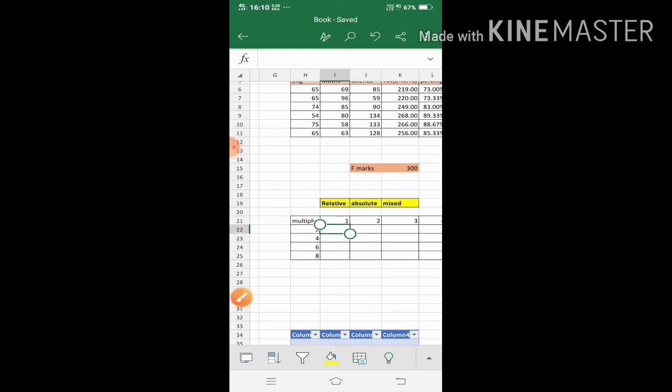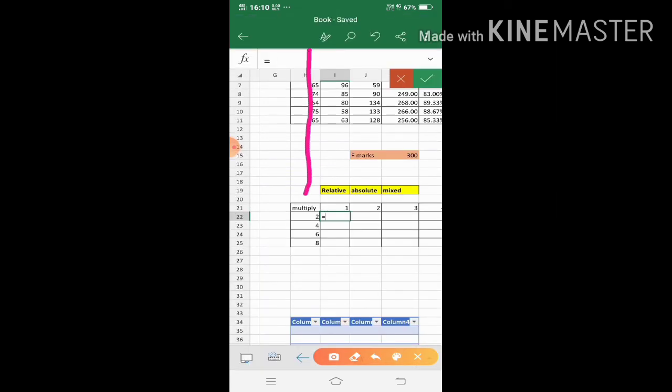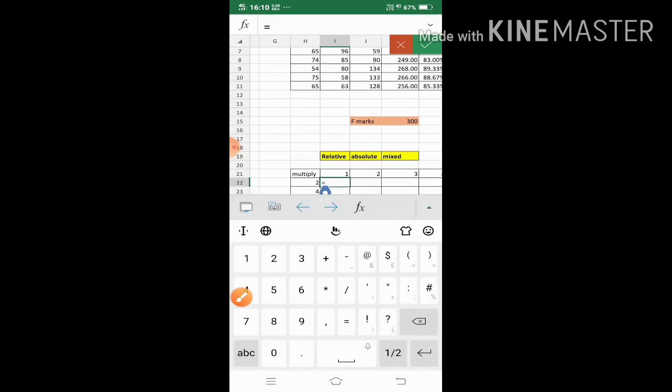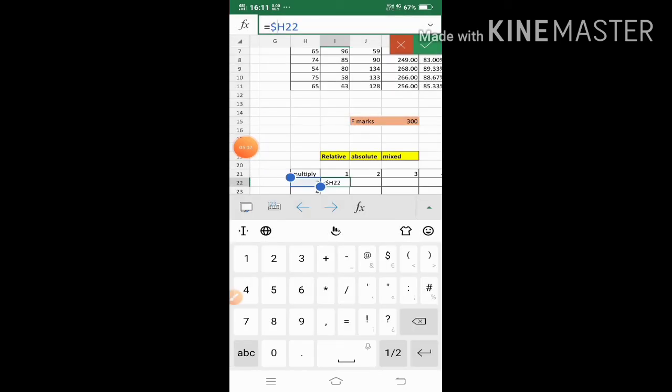So here I have to give equal, then which one is constant, fixed? Column H, because this is the fixed column. So I have to give H as the fixed column: dollar, then H. Then I have to give the first value, which is 22. 22 is the row number for 2.